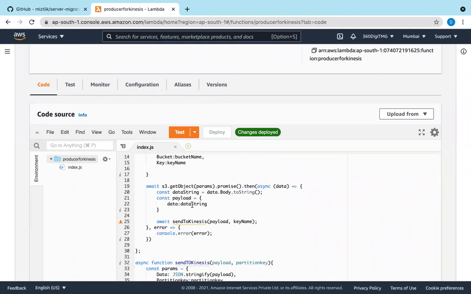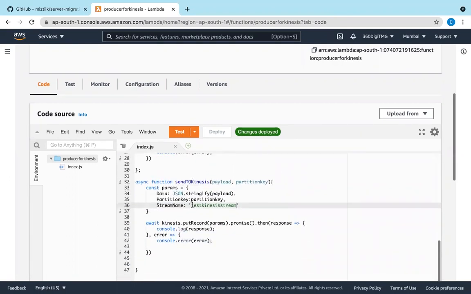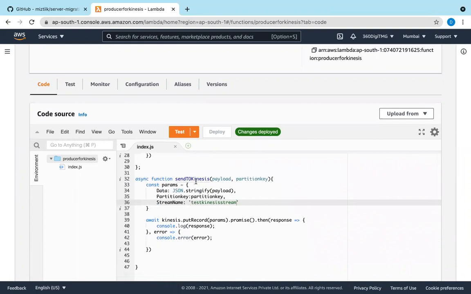We know that. And also it sends to the Kinesis test Kinesis stream. I don't have this stream, so let me copy this name, test Kinesis stream.